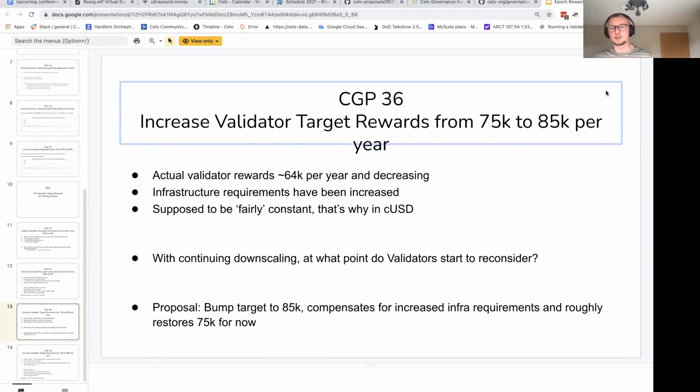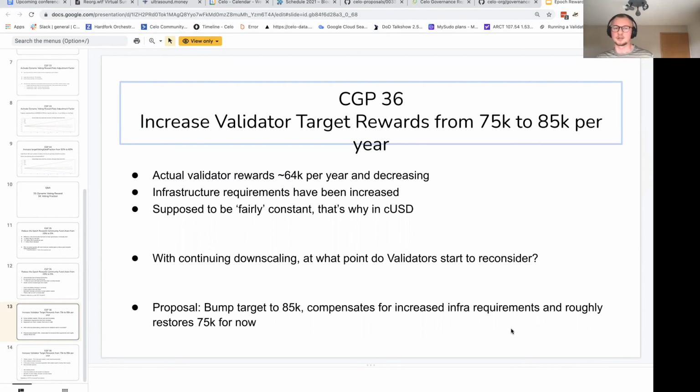The reasoning behind that was that the downscaling affects validators disproportionately: if the Celo price rises and your percentage of Celo decreases, you're overall still profiting. But since validator rewards are fixed, they feel the downscaling one-to-one in their cUSD rewards.